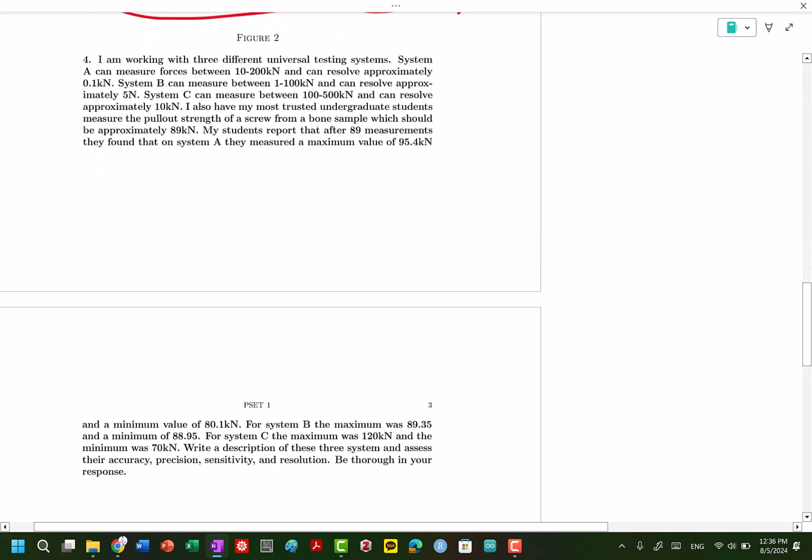All right. Finally, I'm working with 3 different universal testing systems. System A can measure forces between this and this and can resolve this. B can measure between 1 and this and can resolve 0.1